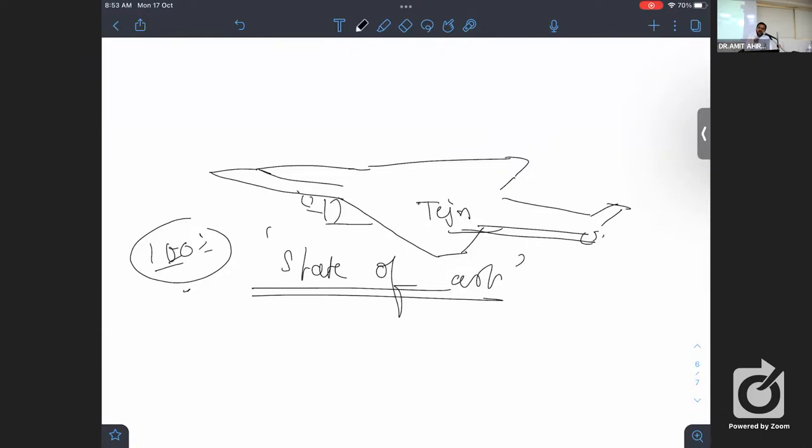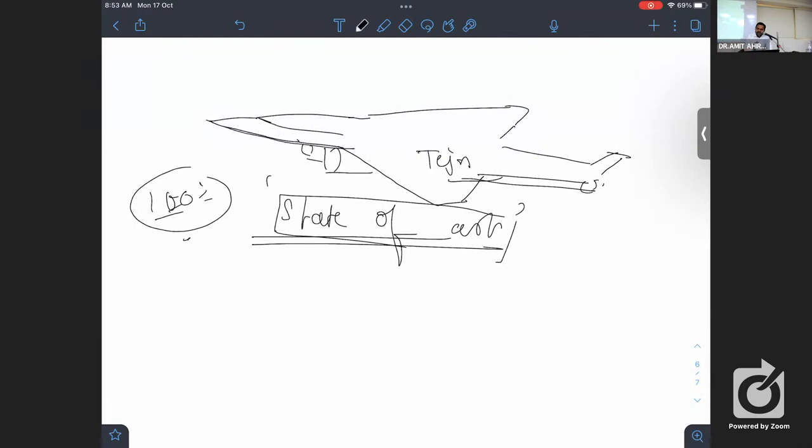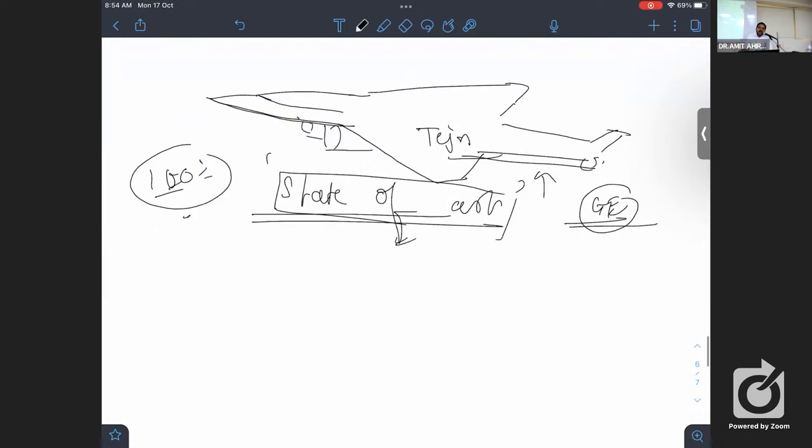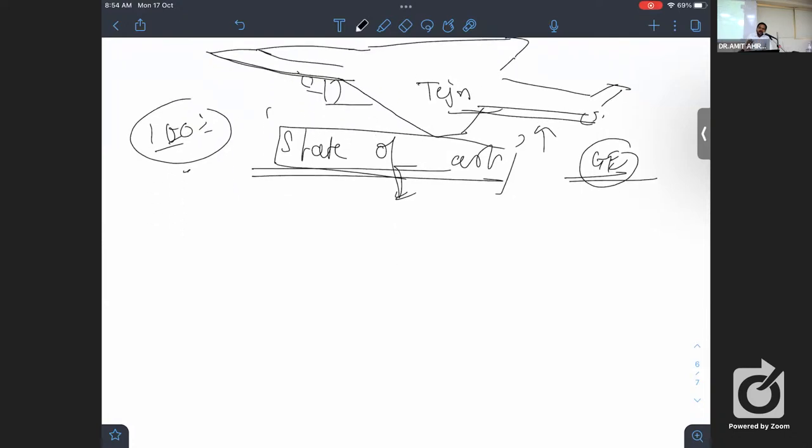100% means every component has been manufactured in India itself. तब हम उसको क्या बोलेंगे? State of art. Indigenous means somehow we have modified this plane, because whatever the engine, the most important part in that particular plane, engine, वो कौन से कंपनी का है? जनरल इलेक्ट्रिकल कंपनी, जो कि यूएस बेस्ड है. तो क्या हम बोल सकते हैं ये टोटली इंडियन मेड है? नो. तो ये क्या है? इंडिजिनस है. इंडिजिनस मीन्स somehow we have been able to develop that technology, somehow we have been able to develop